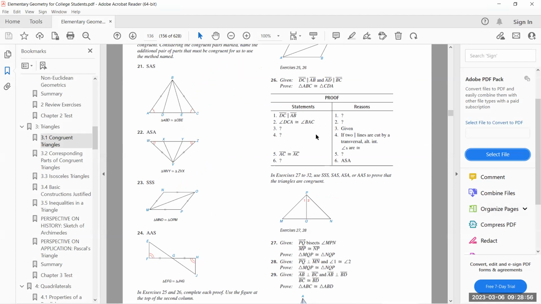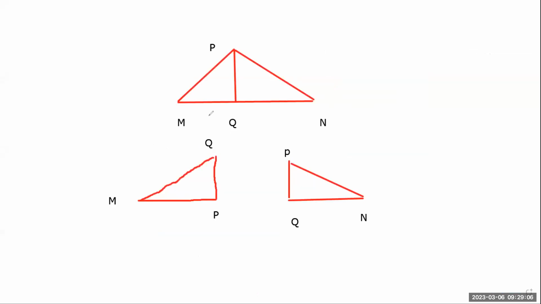So they've given me that angle 1, which is this angle here, angle 1, which is the same as,